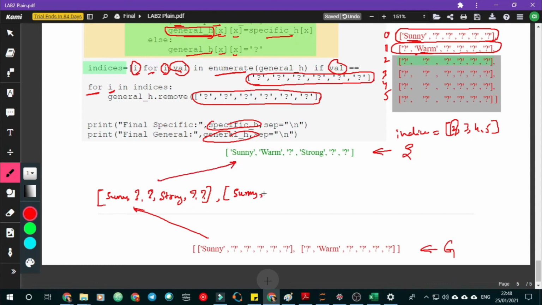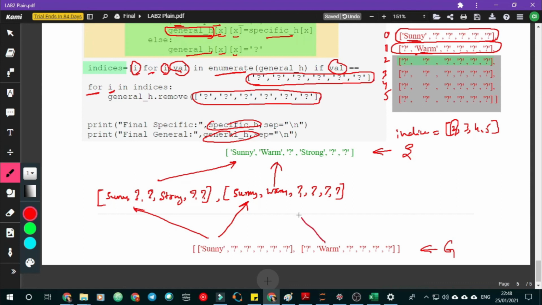Sunny, then okay, I need to leave this now. Sunny with warm, then question mark, 4 question marks, 5th, 6th. What I did now, I just made this, wrote this over here, and also both are here, Sunny and warm are here,